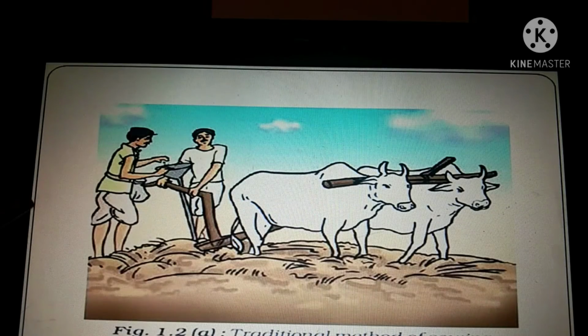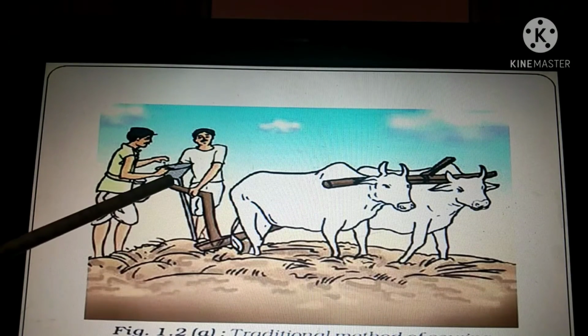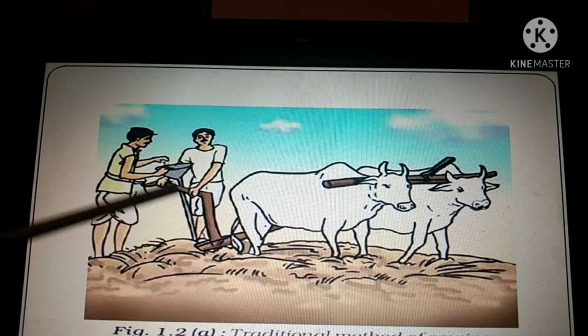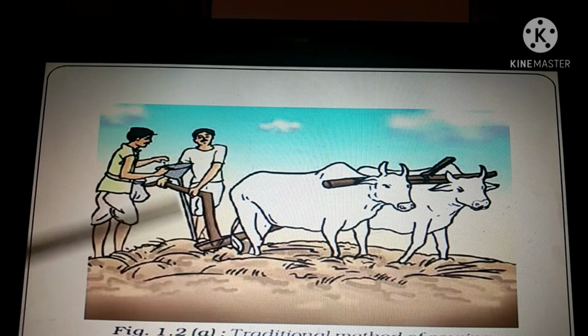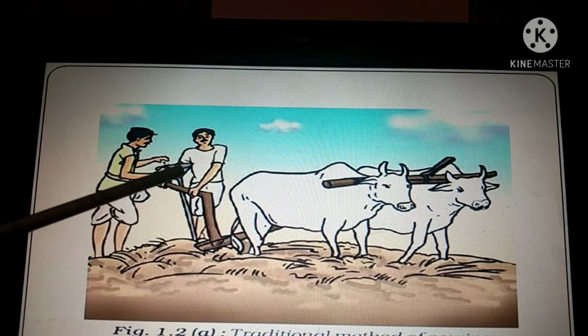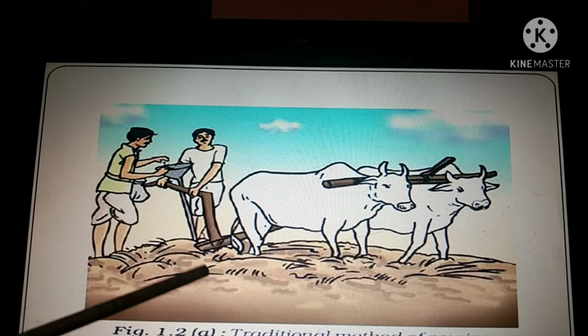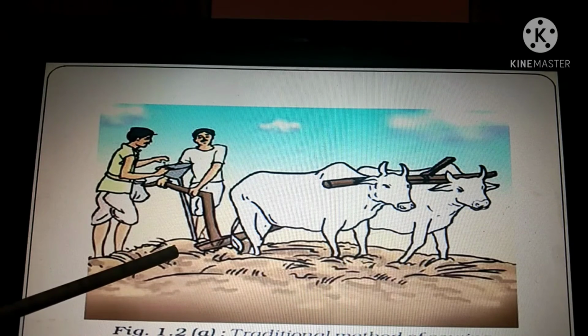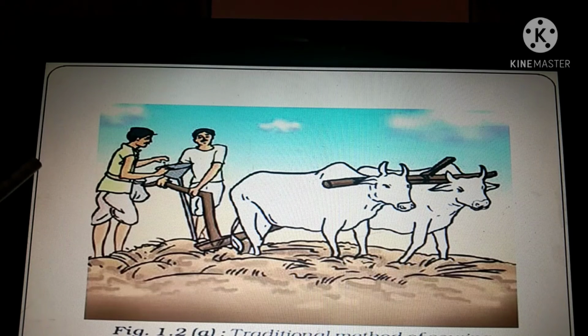So this is the diagram you see. Can you see this funnel, all of you? This is the funnel. This is the mouth of the funnel. This is the long rod which goes into the soil. This is the pipe that goes into the soil. One farmer is placing the seeds here. The seeds will travel through the pipe and go into the soil, and into the soil the seeds will be placed, and in that way the cultivation is done. I hope it is clear to you.